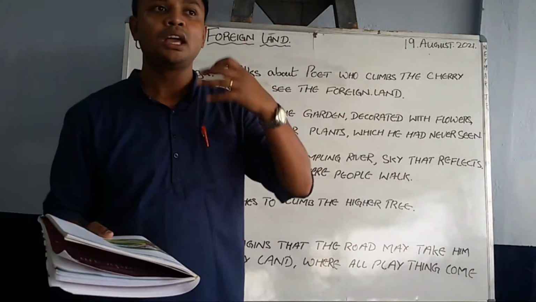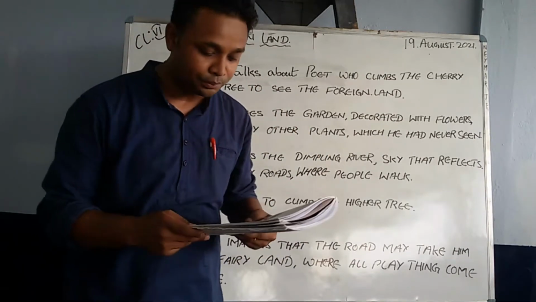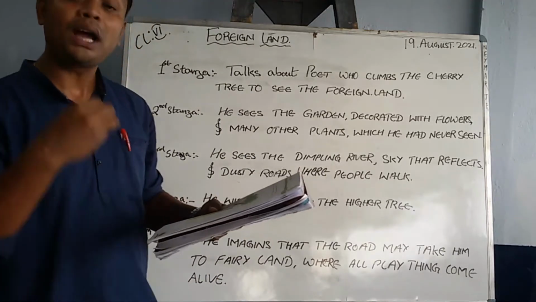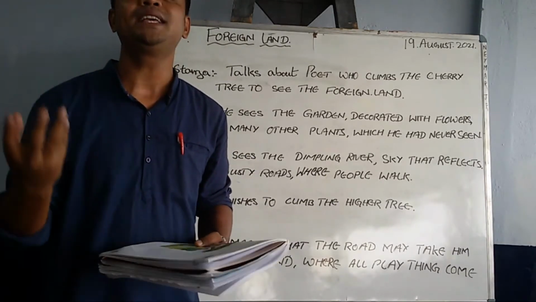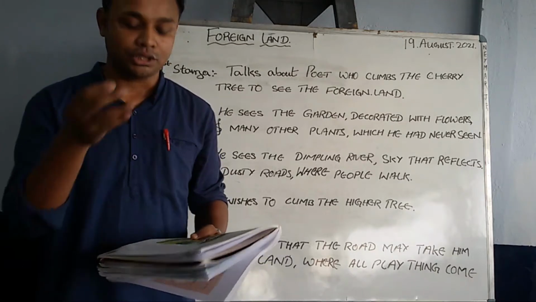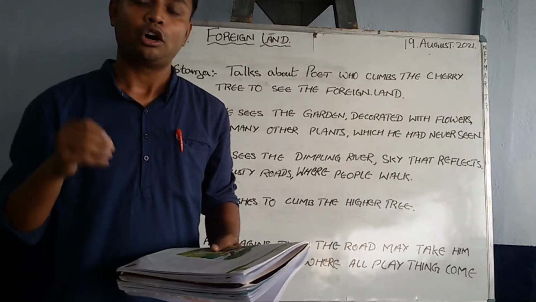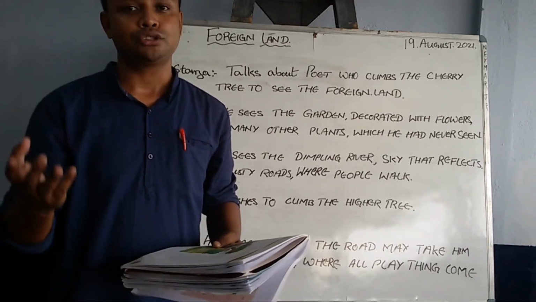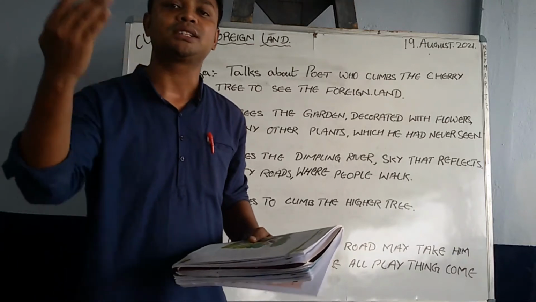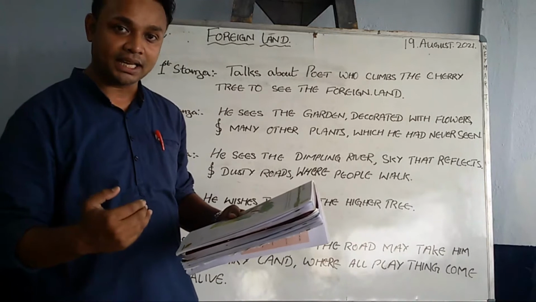There is no difficult word that I need to explain to you. It's very simple. In the next stanza, we might have questions about why he climbs. It's just mentioned that it is only to see the foreign land that he has climbed the tree. But it is not so. So why is he actually climbing the tree? That is clarified in the second stanza.